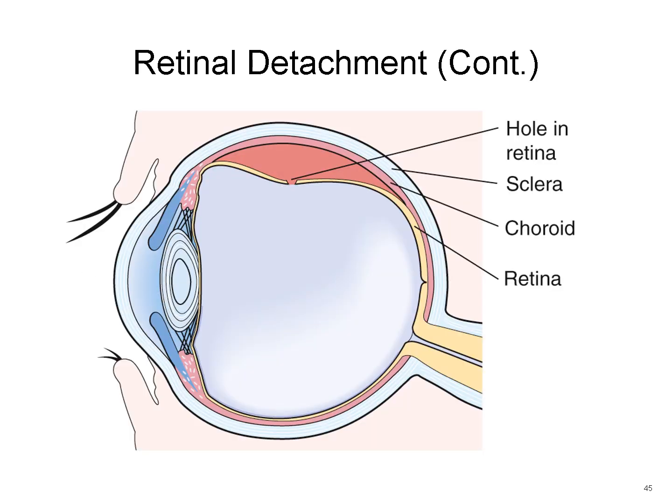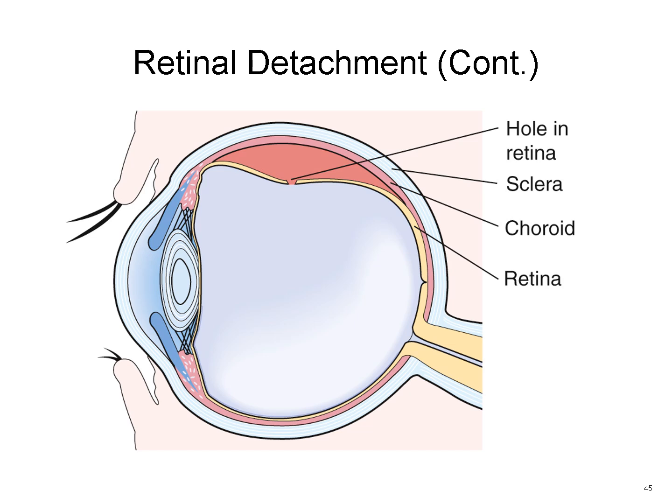Retinal detachment is a serious condition where the retina separates from the underlying choroid layer, cutting off its blood supply. In this diagram, you can see how a hole or tear in the retina allows fluid to accumulate, lifting the retina away from the supporting tissues. Symptoms may include sudden flashes of light, floaters, or a shadow or curtain appearing over part of the visual field. This is a medical emergency, and prompt treatment with laser therapy, cryotherapy, or surgical repair is needed to prevent permanent